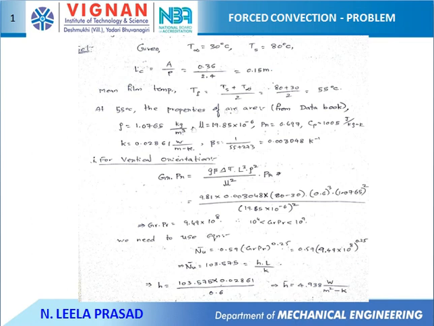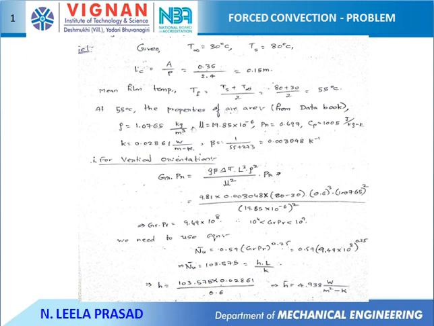So to solve this problem, let us consider the orientation of the plate is vertical. The physical dimension of the plate, which is parallel to the natural convection currents upwards, is 0.6 meters. So L is taken as 0.6 meters. Now calculate Grashof number into Prandtl number, that is Rayleigh's number, and the properties have to be taken at film temperature. Now here the Grashof number into Prandtl number is given as 9.499 times 10 power 8, but